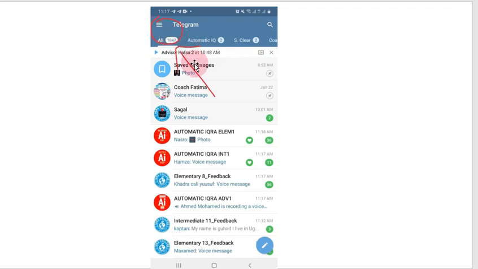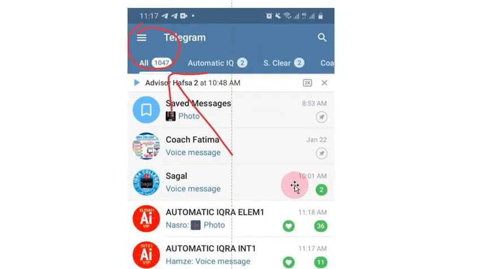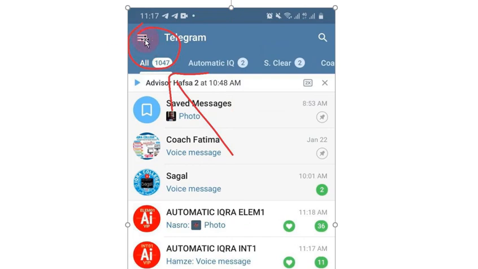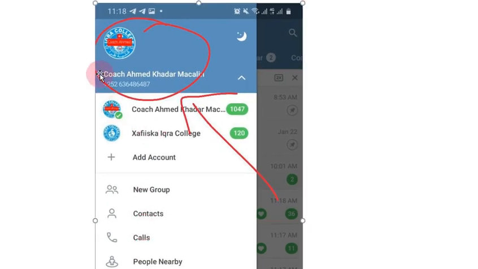open it. And if you look, most Telegrams, if you look on the left side, let me try to zoom in. I'm going to try to zoom in if I can. I don't know if I can zoom in. Try my best. Okay, there we go. All right, so if you look on the left side, there are 3 lines on top of each other. If you touch those 3 lines, it will take you to another page, or another screen will pop up, and your name as well as your profile picture will pop up. If you touch the name or profile picture, another